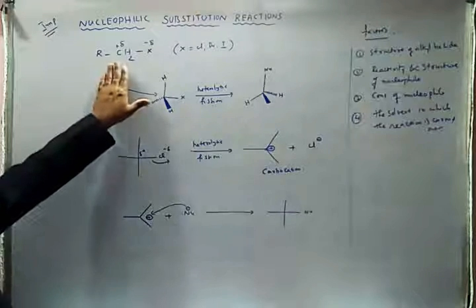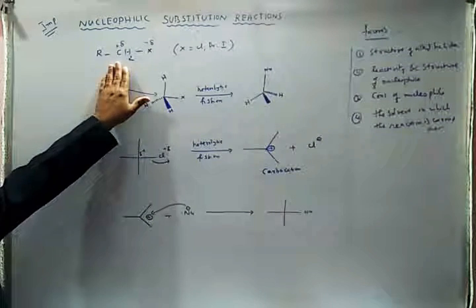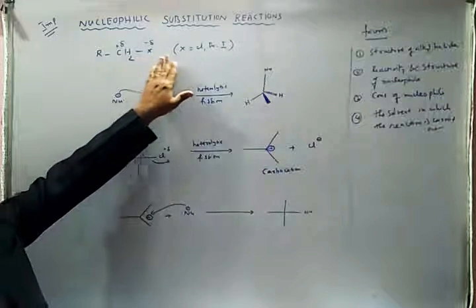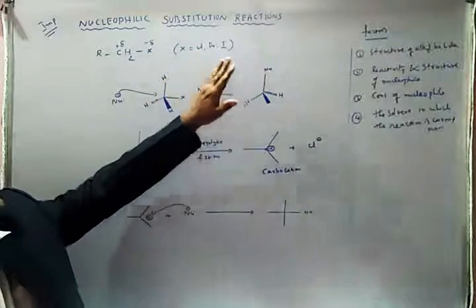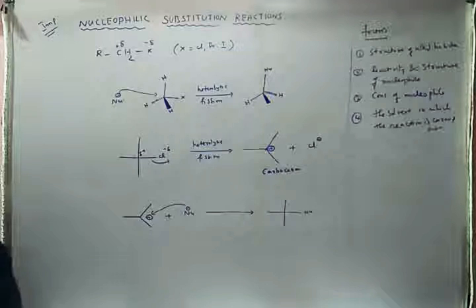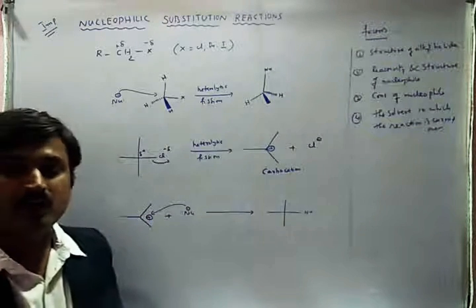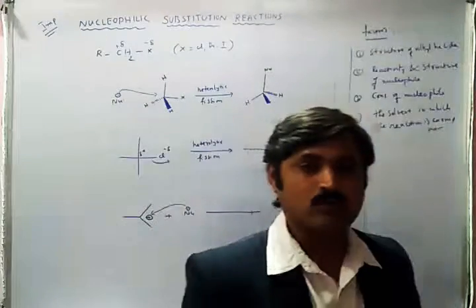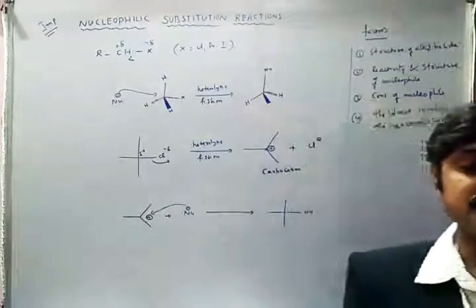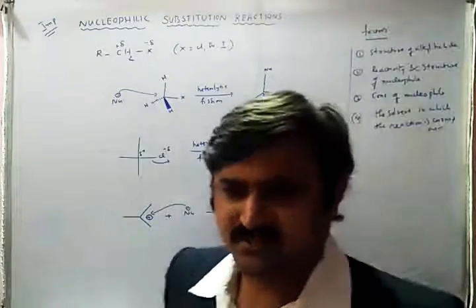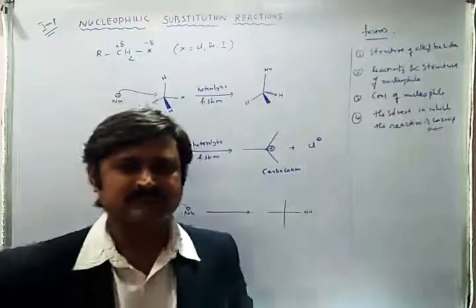In such a case, what will happen? This carbon will get a partial positive charge and the halogen will get a partial negative charge. Here X may be any halogen: chlorine, bromine, or iodine. This unequal sharing of electrons causes alkyl halides to undergo nucleophilic substitution reactions and also elimination reactions. These are two important mechanisms in this